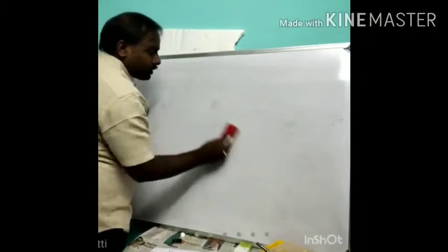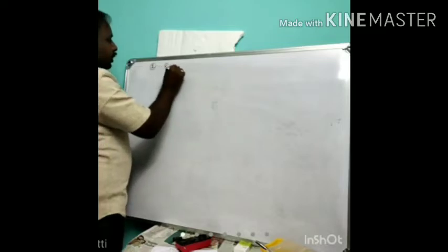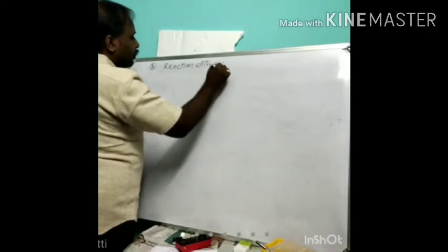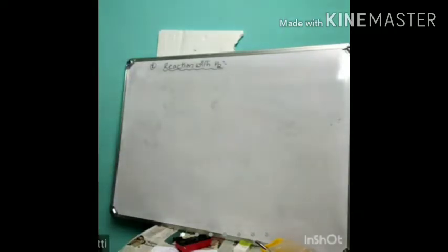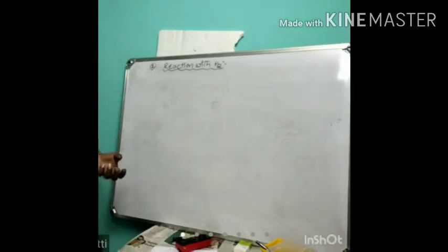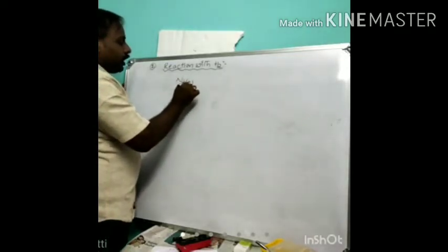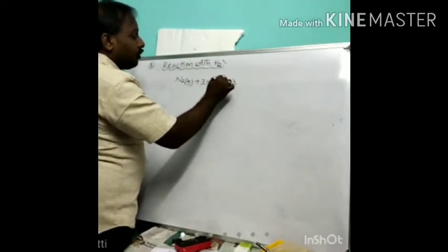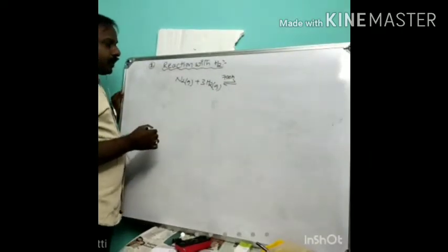And the second property is reaction with hydrogen. Again, at low temperature or room temperature, nitrogen does not react with hydrogen. The reason is that nitrogen is chemically inert due to its high bond dissociation energy. But at a high temperature, around 700 to 773 kelvins,